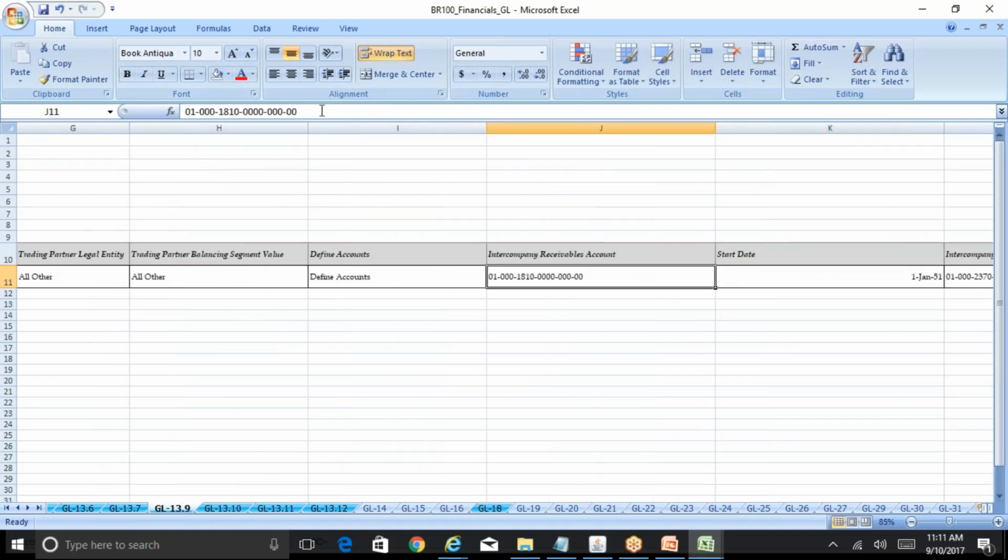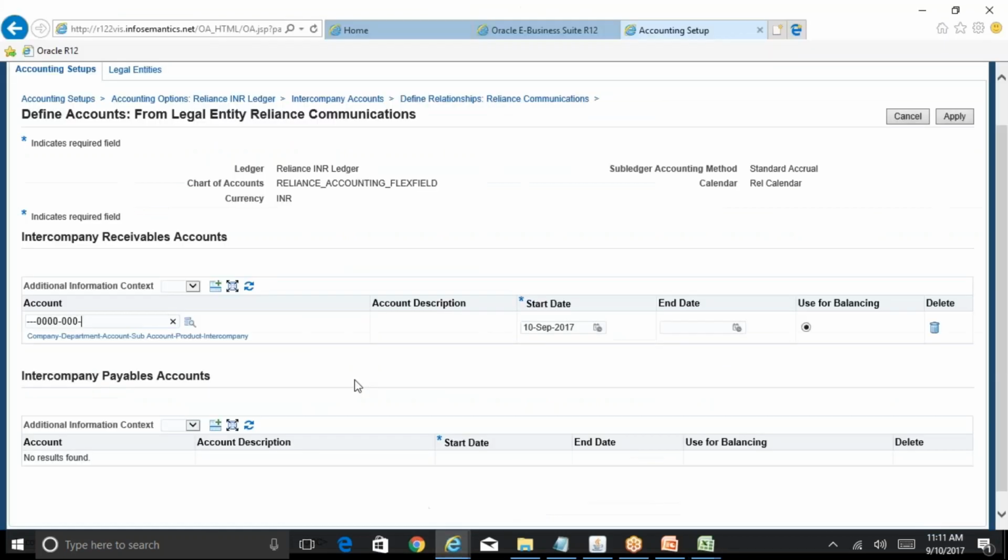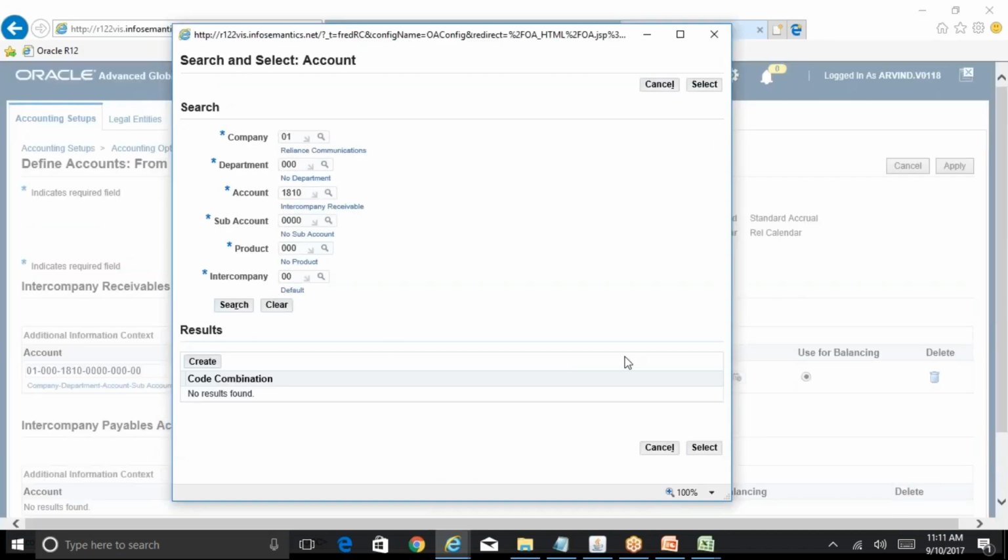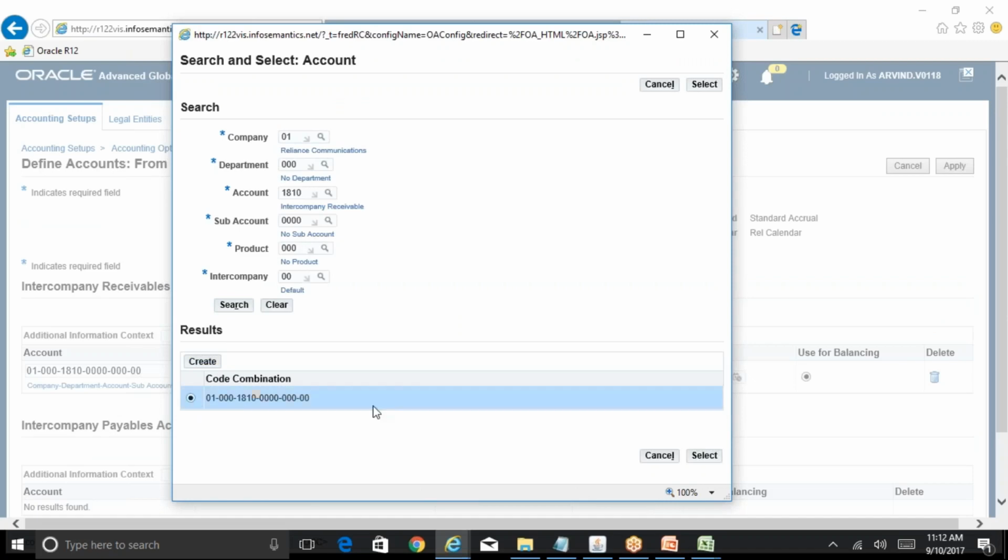So this is the intercompany receivable account. Search for this. If it doesn't exist, click on create, select,